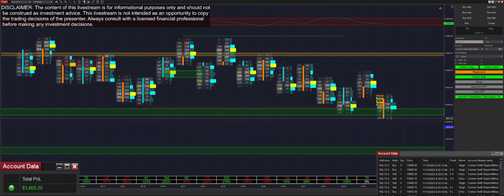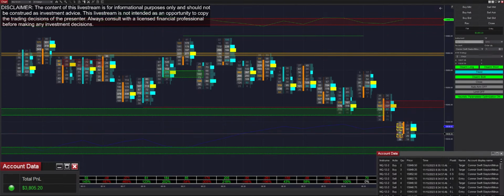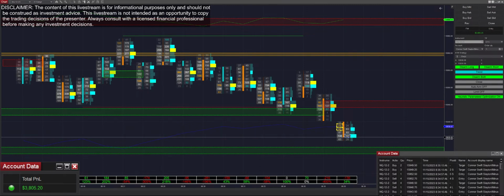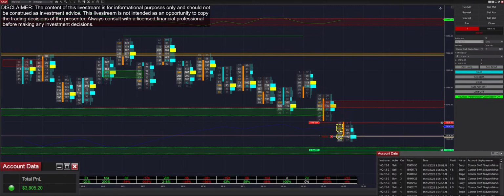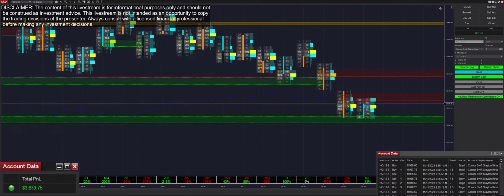Okay, it looks like we're breaking out of this range here, I think. Yeah, that was a very, very fast movement there. So we're going to be switching it into trend mode at this point. Got filled short there. Wow, that was a very, very close fill. Didn't happen though. And then we got stopped